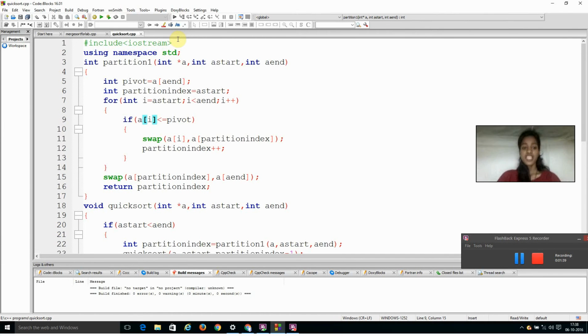So now this is the condition given inside. If a[i] is less than or equal to pivot, just swap a[i] with a[partition index] and increment partition index. Otherwise, this if condition is there because we need all the elements less than pivot on the left hand side and all the elements greater than pivot on the right hand side. If that's not the case, then swap a[partition index] and a[a_end]